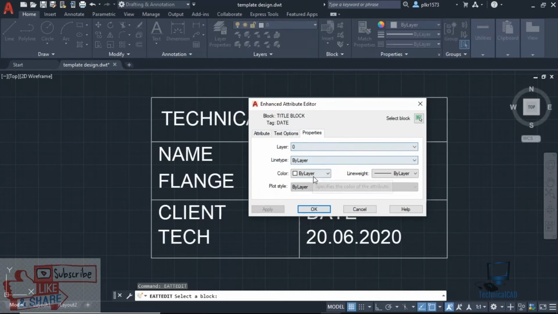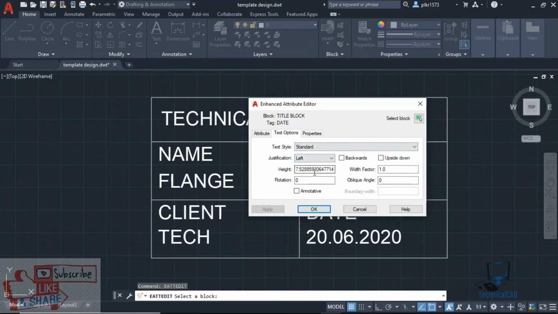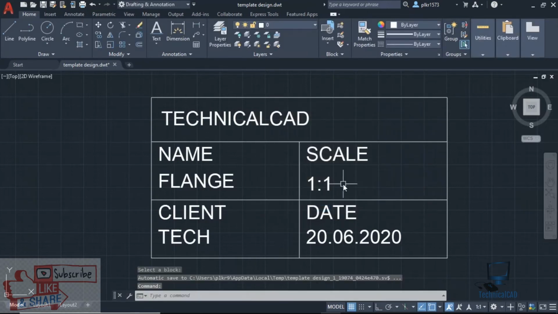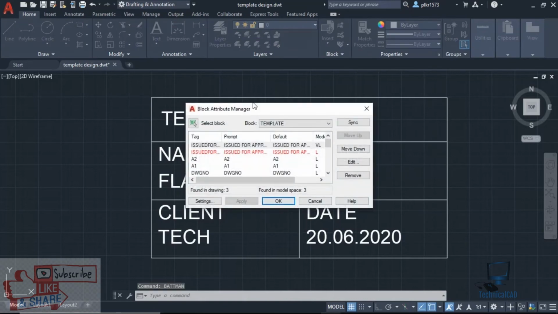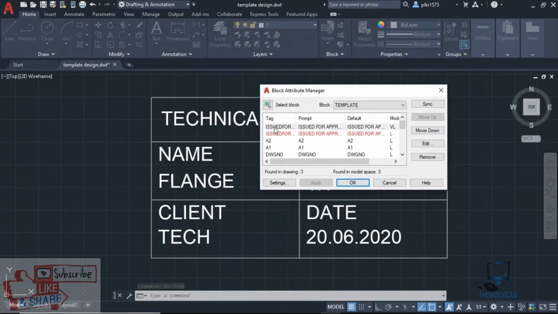You can see the layers, colors. If you want, you can change the colors also. And text options, here you can reduce or increase the height and width factor, oblique angle. So these are all the things available here. So this is the enhanced attribute editor. And now coming back to the settings, we have another command called BATTMAN. Enter. Now go. So here you can see tag, prompt, default, modes and annotations,